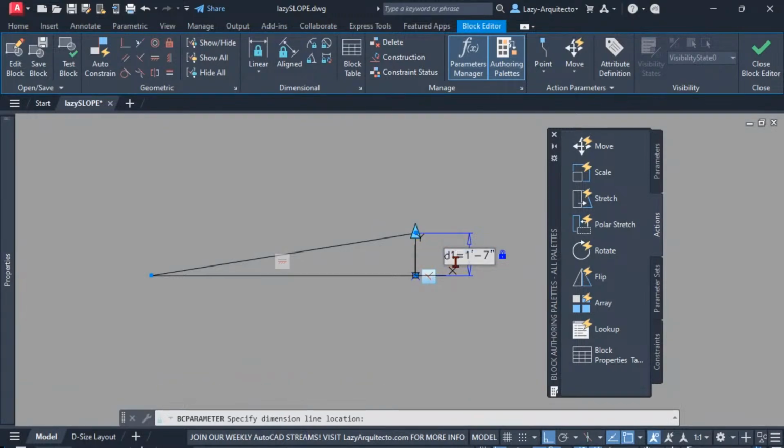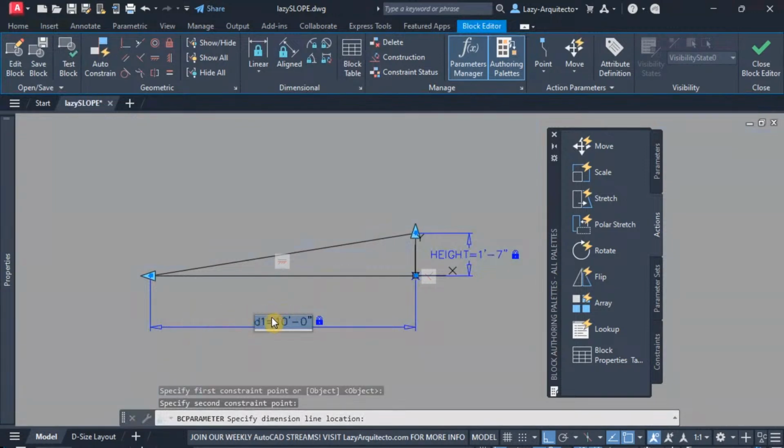In this case, AutoCAD automatically names it D1, but that's not what I want, right? I want to make this block easier for the person who uses it. So I'm gonna name this height. And then following the same steps, I'm going to add a second linear parameter from this point all the way to this other point, and I'm going to name this parameter length,